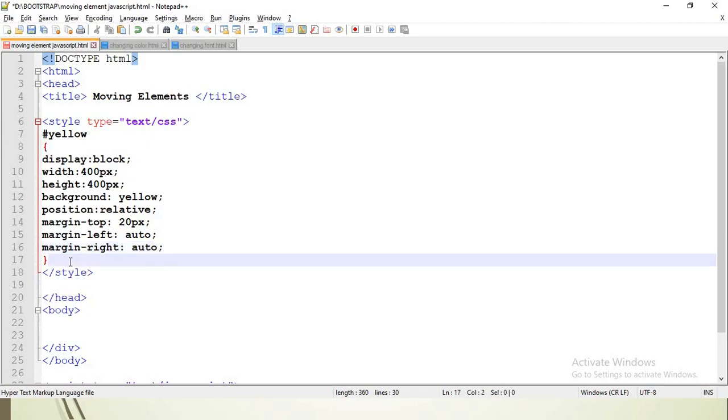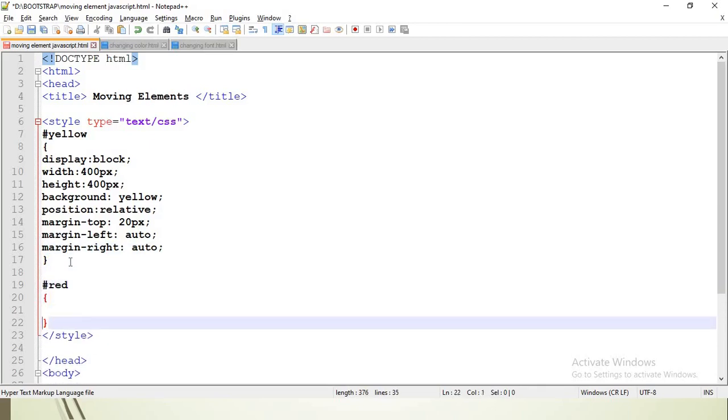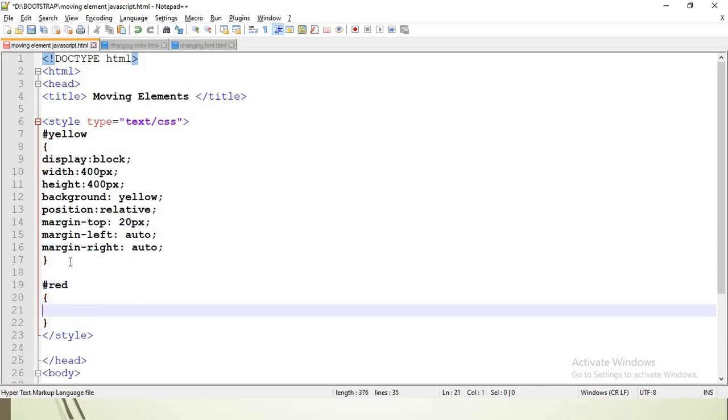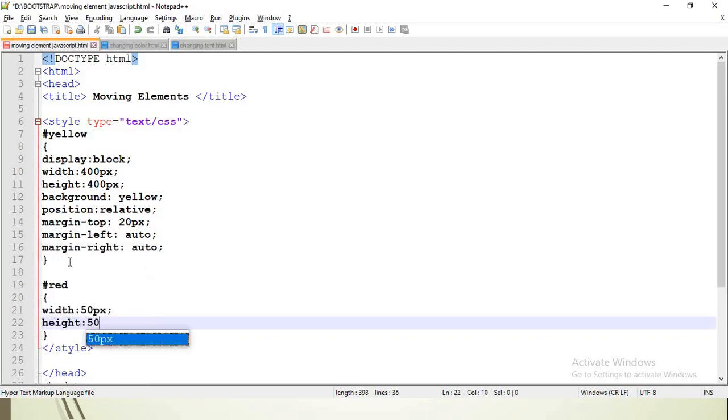Next, I want some statements to be written, and I want to display the red block. So again I am making use of ID selector, and the name of the selector is red. Width of that red block I give as 50px, and height also I give as 50px.